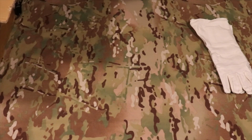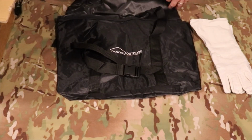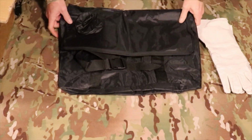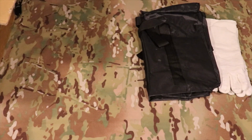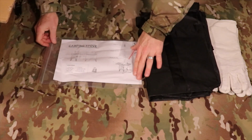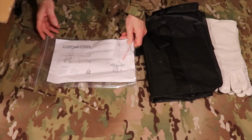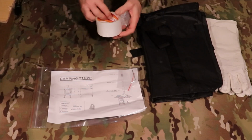We have a great big bag for the stove, which is nice. It'll keep the inside of my Jeep nice and clean. And so we got that. We have, looks like, basic schematics, and I'd say this is the instructions for it. I have a little hex key in there, an Allen wrench, and we have